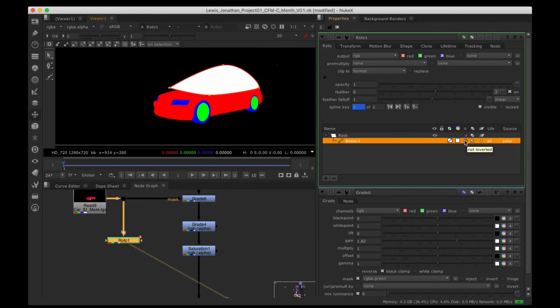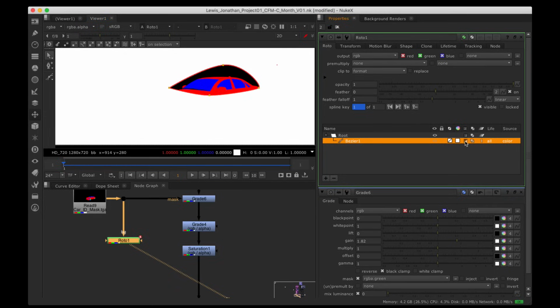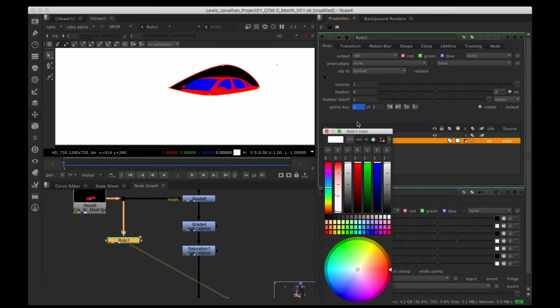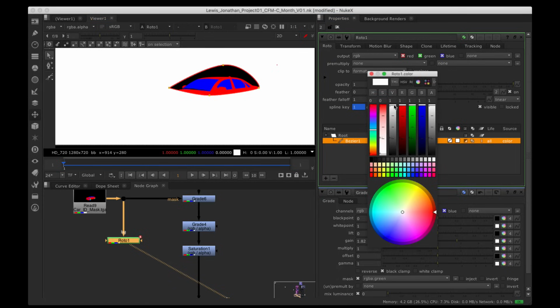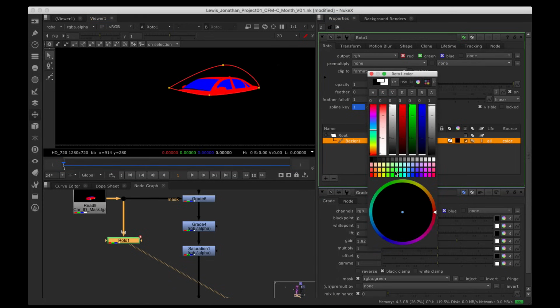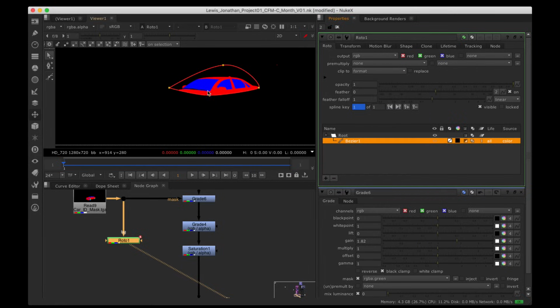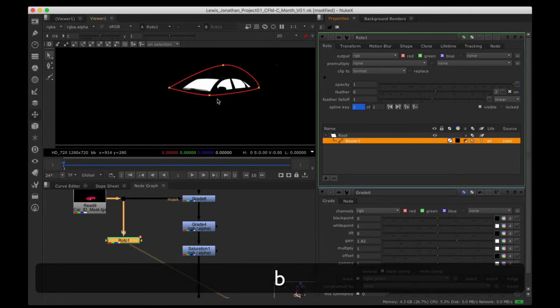So we're going to click this little invert button here in the shape. There's our shape we just created. Click invert. Okay, and then the color of the shape, we'll just set it to black. So in the color, this is the one next to that invert button. Double click and go ahead and drop the value to black. All right. So now if I hit B on the keyboard and look at just the blue channel, it's just